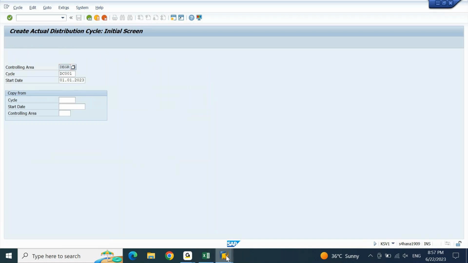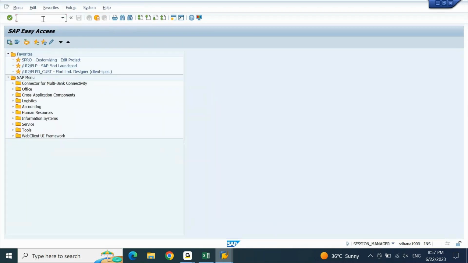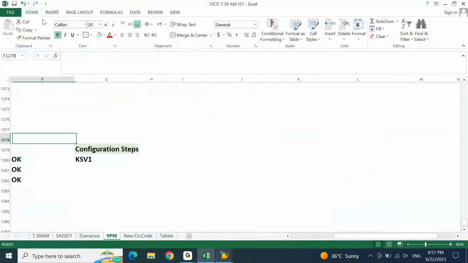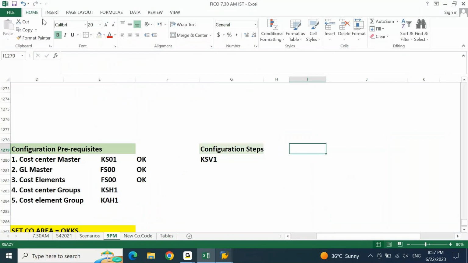Once the distribution cycle has been saved, the next thing we need to do is post the expenses. Correct? Yes, sir. We have to post the expenses. First thing is your configuration prerequisites. Next one, configuration steps. Next one,